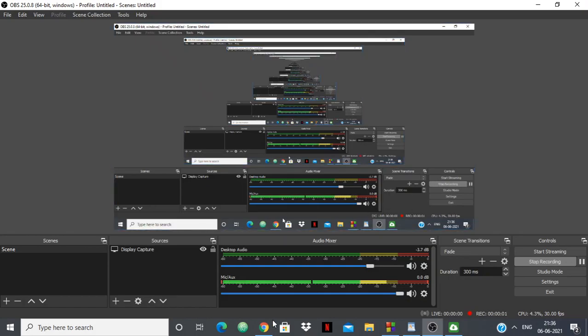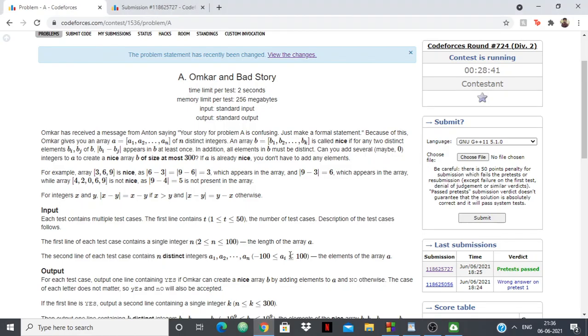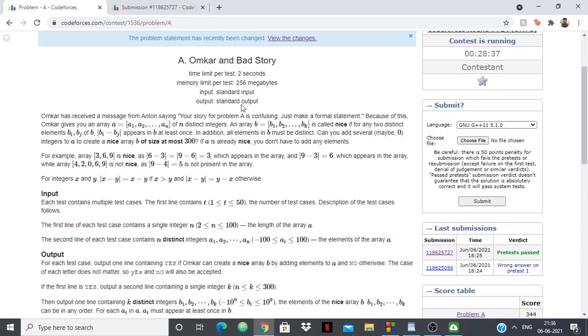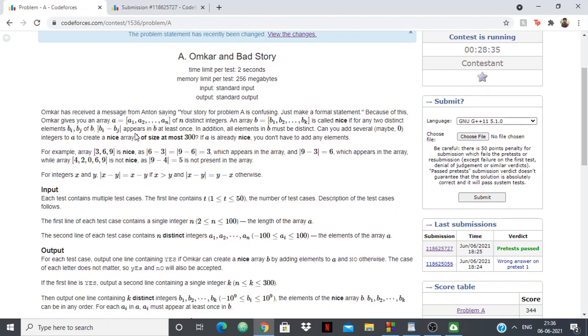Hello everyone, in this video we're going to see the solution to the Codeforces problem A, Omkar and Bad Story of round 724 division 2. So Omkar has received a message from Anton saying your story for problem A is confusing, just make a formal statement. Because of this, we are given an array A of n distinct integers, and then it's explained that an